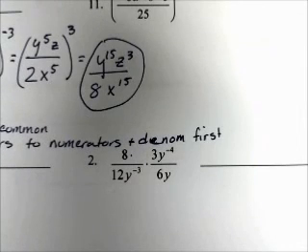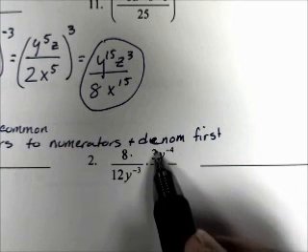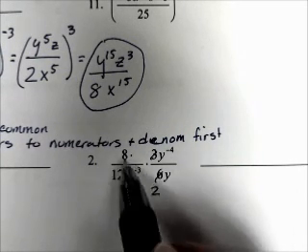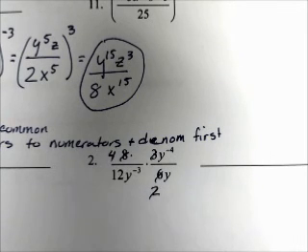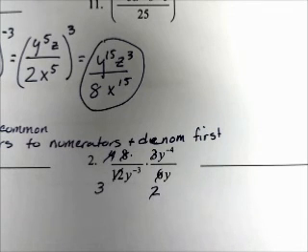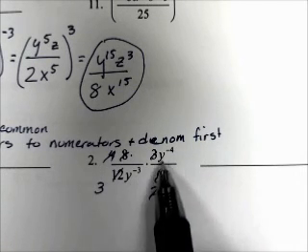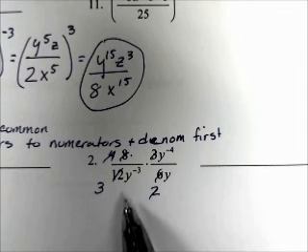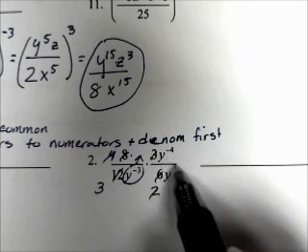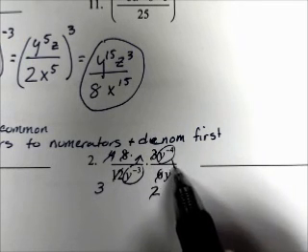Number 2. The 3 and the 6 reduce. The 2 and the 8 reduce. The 4 and the 12 reduce. Now, I have this y to the negative 3 and the y to the negative 4. You can think of this in different ways. But if I do this,